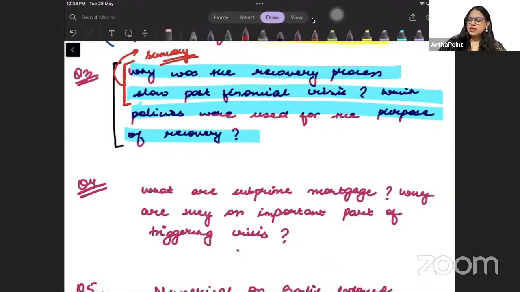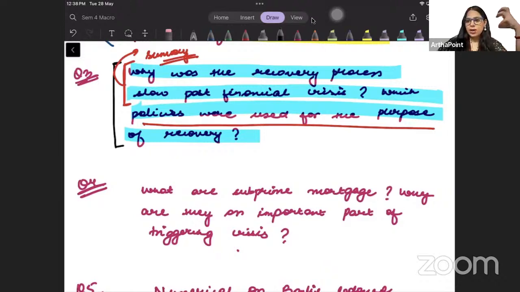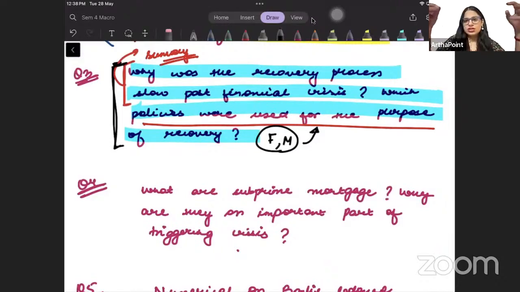And at the same time, it is asking which policies were used. ये भी आपके summary of the chapter में एक pointer दिया हुआ है कि how fiscal and monetary policies were used together. You can read that pointer also, but this can come for more marks. It can come as a 15 marks question. तो आपको book के अंदर से भी you need to go ahead and write the answer.